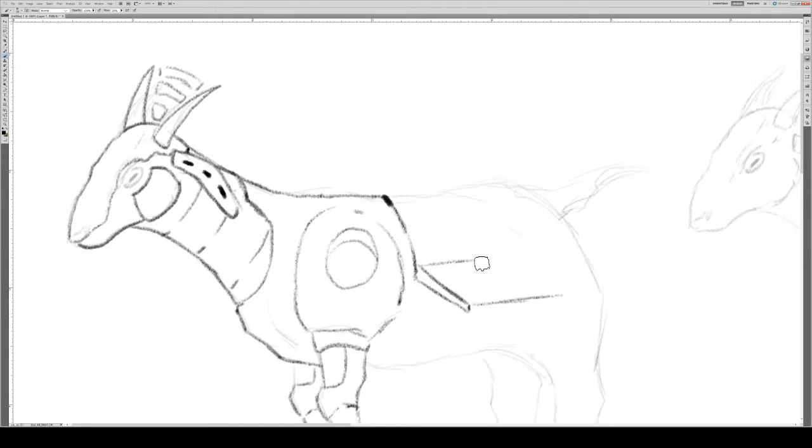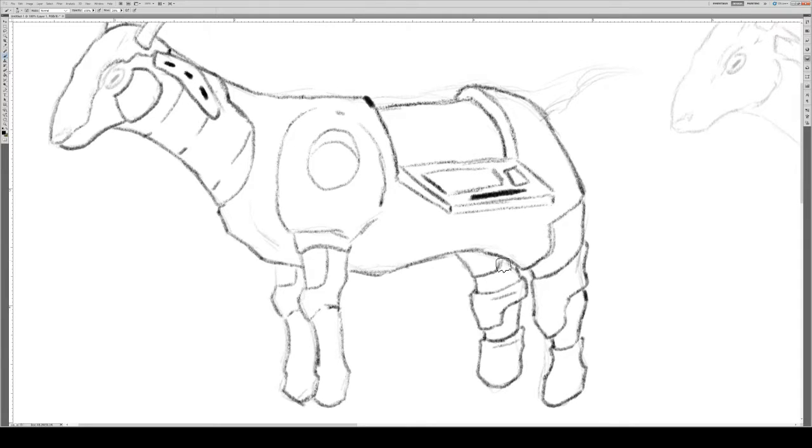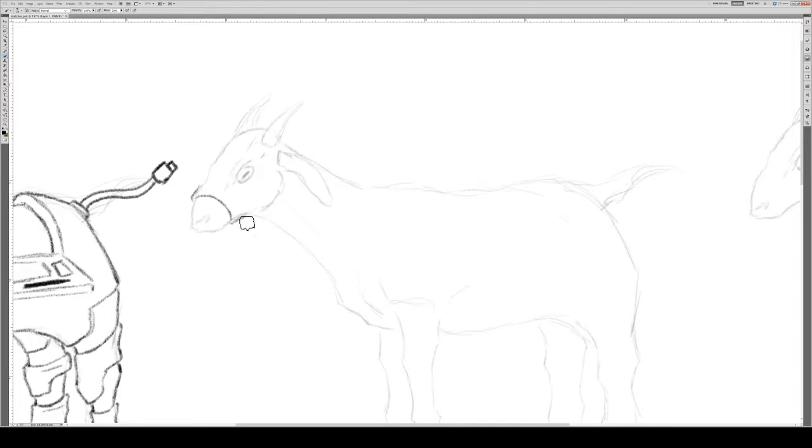I started also thinking what kind of job will require or what will benefit from having a computerized goat. And the first thing that came to my mind was an archaeologist, because they have to get into really rough terrains, so having something that can move around just as easily will be the best thing. That's what sent me to the next sketch, this one right here, which will be something that could be beneficial